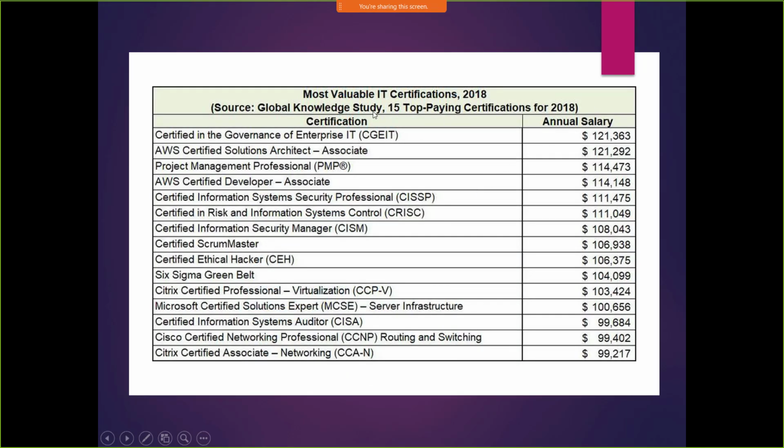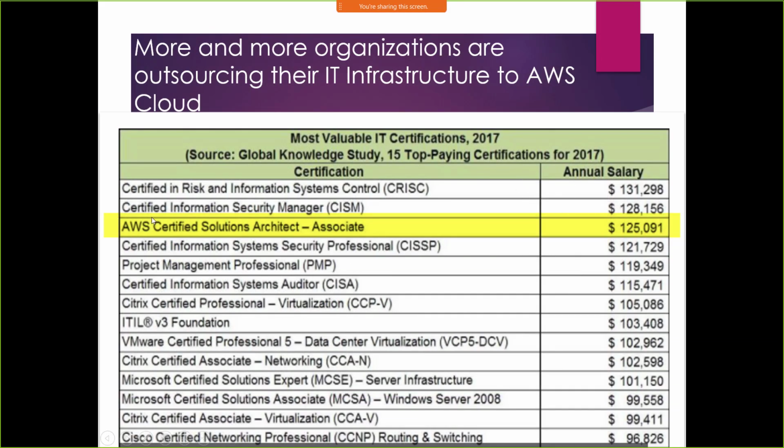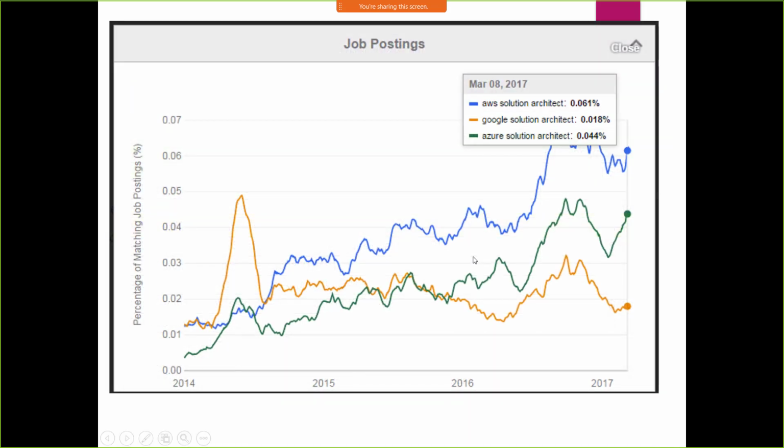And in the job survey, AWS is still second from the top, at $121,000 per year, and the fourth is AWS Certified Developer Associate, AWS Certified Solutions Architect Associate. So that was in 2018, and if we go back to 2017, AWS was still on the top, in the top 5. If we go for job postings, most jobs have been given for AWS. In fact,